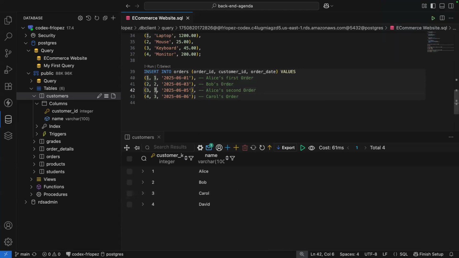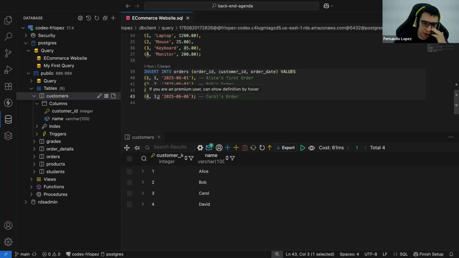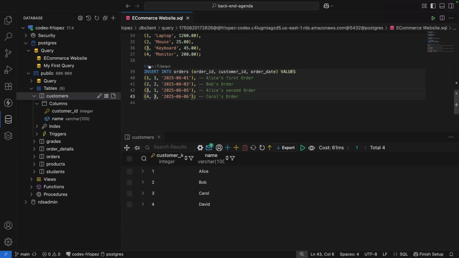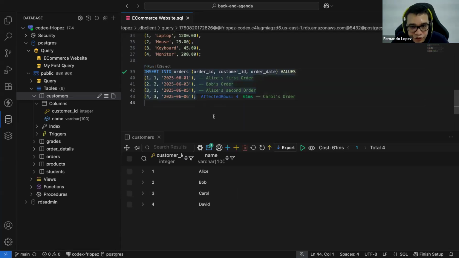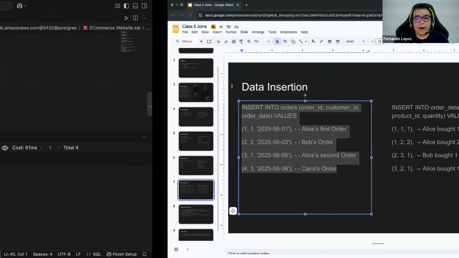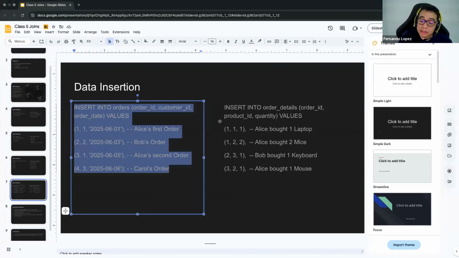This is the ID customer number 1. Now, the order number 4, the owner of this order is the customer number 3. In this case, it is Carol. Okay, so how many customers contain orders here? 3, right? And there is one that doesn't have an order. Okay, great. That's something that could happen in real life, okay? Now we are going to start inserting products in the orders.